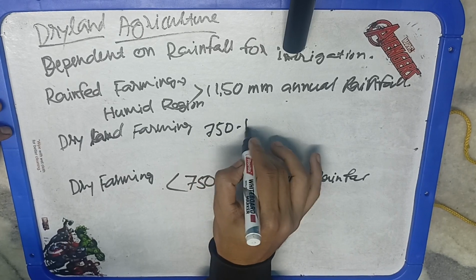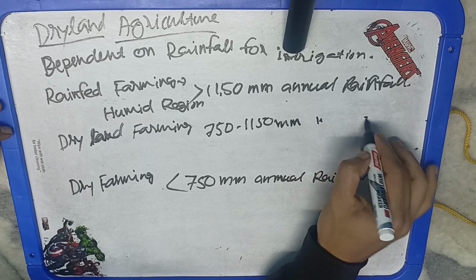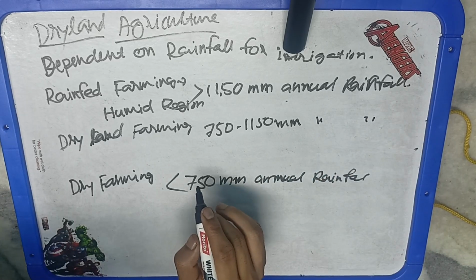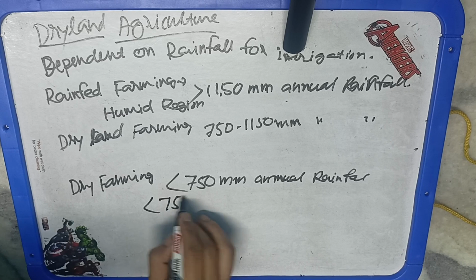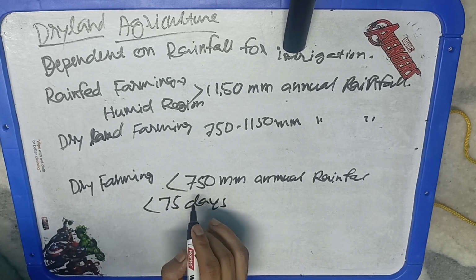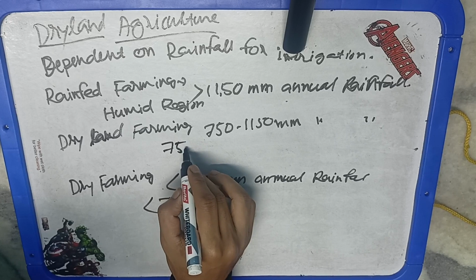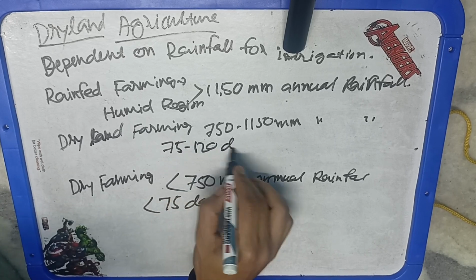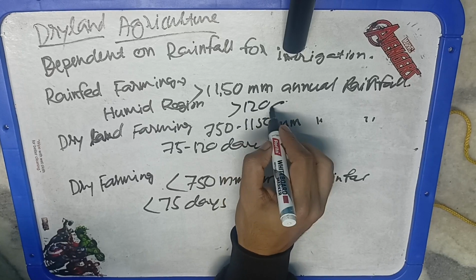Then moisture availability: the shortage is there in the dry farming condition, while here is the shortage and here enough moisture is there. Then the crop growing season is less than 75 days because of very little rainfall, so we can grow crops only in those days when the rain is there. Similarly, in dryland farming and rainfed farming, because we are assuming the moisture is enough, the growing season is more than 120 days. The growing region is arid. This is the arid part. Dry farming is related to the arid region, similarly dryland is associated with the semi-arid, and humid is associated with rainfed.